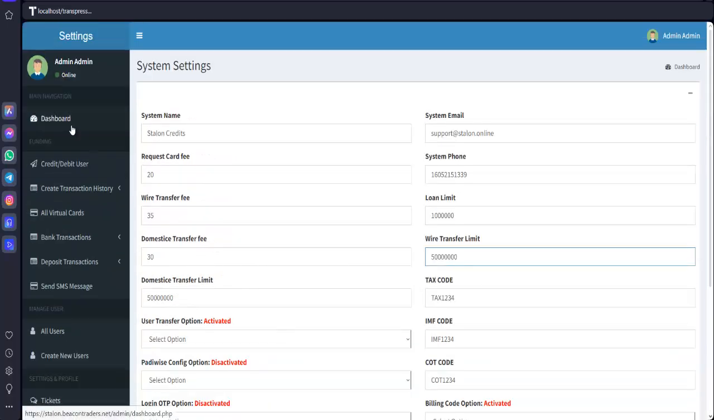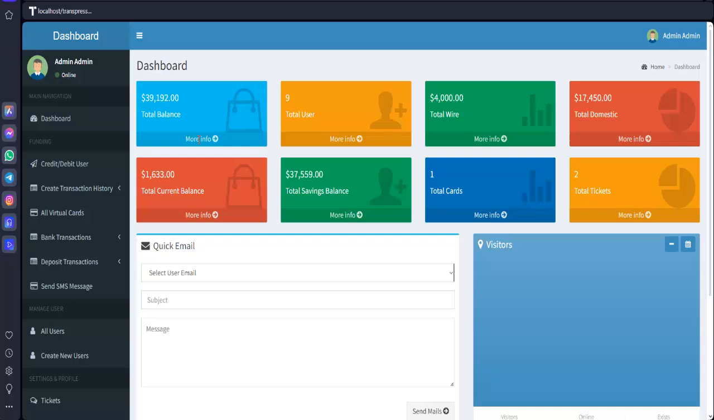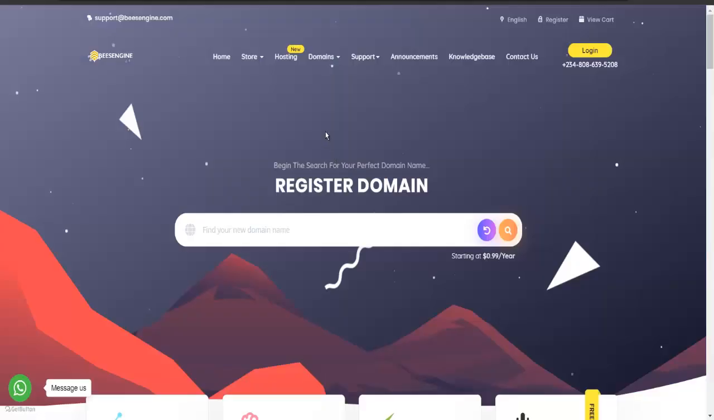So this is how this bank works. I'm sure you are impressed with the various features of this online banking website. So this is how the website works from the user side to the admin side. What I will show you right now is how you can set up this kind of website for your clients. To install this script for yourself or for your clients, you'll need a domain name,